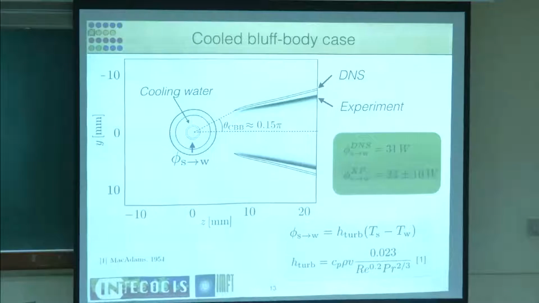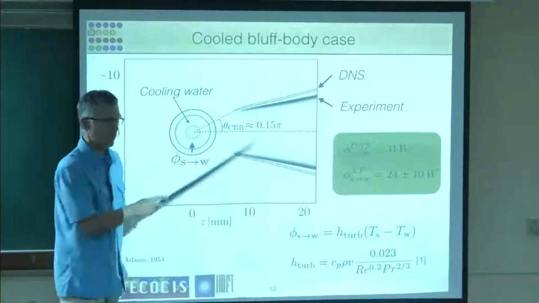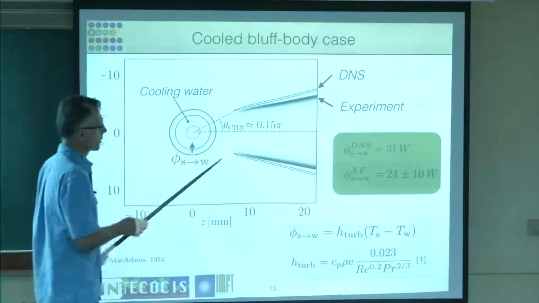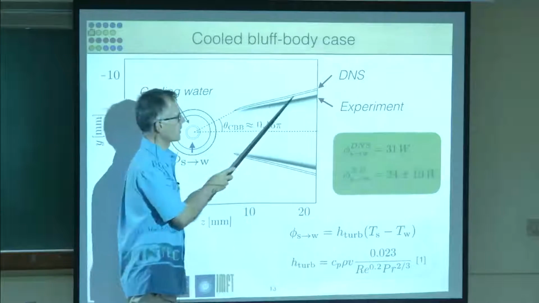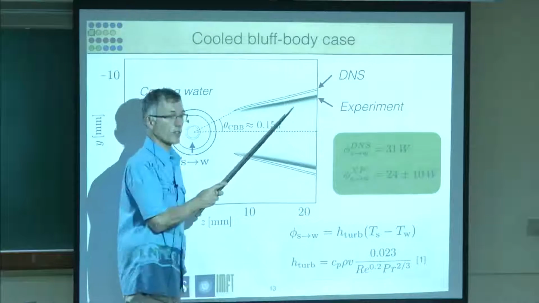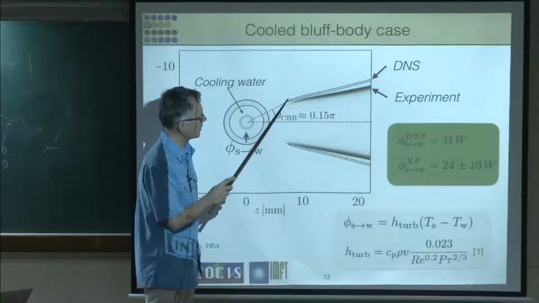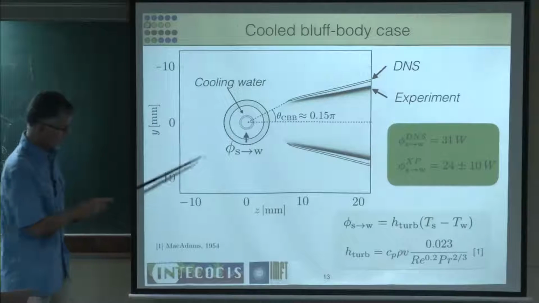So let's look now at the results of the DNS and the result of the experiment. There's always a small problem when you want to compare experiments and simulation in terms of radicals, which is what is exactly measured in the experiment. In the experiment, this is OH, while in the simulation, it's really reaction rate. So they are not exactly the same quantity, so they don't have to be exactly at the same place. But as you can see, the lift-off distance here is very good, and the flame position and angles are quite good. So this is the cooled case.